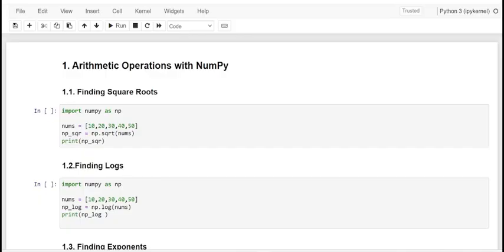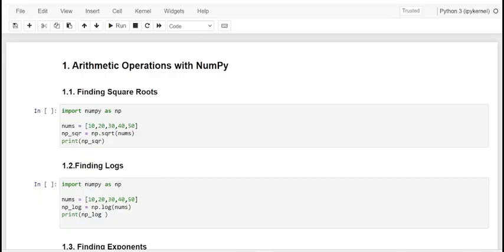And here, the dot product and matrix multiplication are examples of operations that work on the entire array as a whole. In addition to these basic arithmetic operations, NumPy provides a wide range of mathematical functions that can be used on arrays, including trigonometric functions, logarithmic functions, exponential functions, and more. Let me just see a few functions one by one. So let's start with finding the square root.